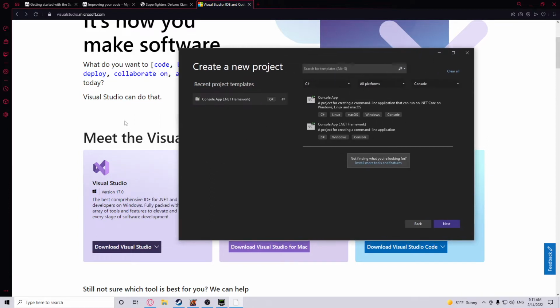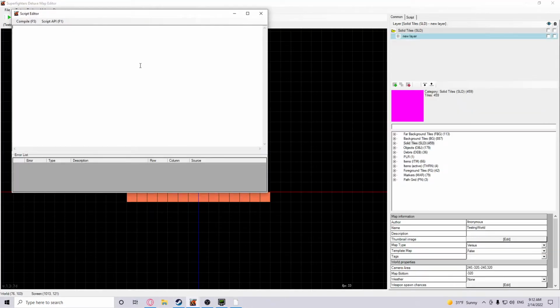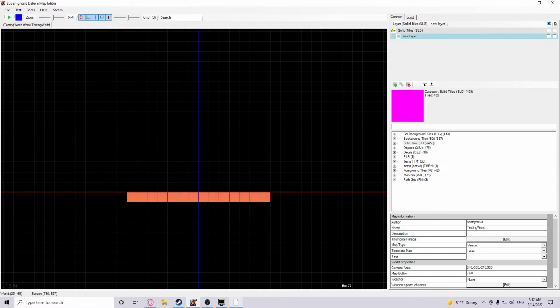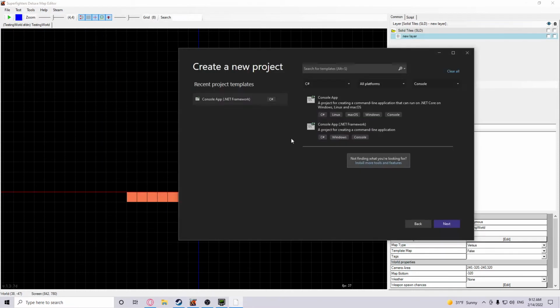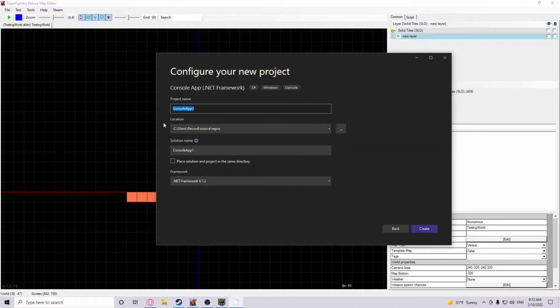By the way, the Visual Studio is not necessary. You can write it in any text file or just in the window here, but it will be much easier to use the Visual Studio for it. So here in the new project, select console app in the .NET framework and hit next. Name your project